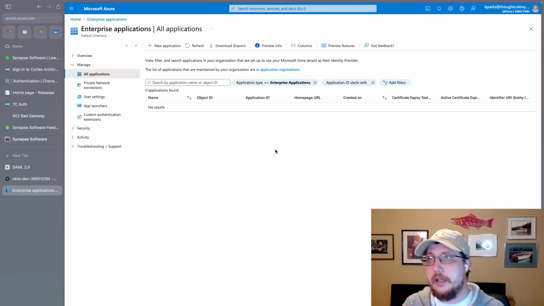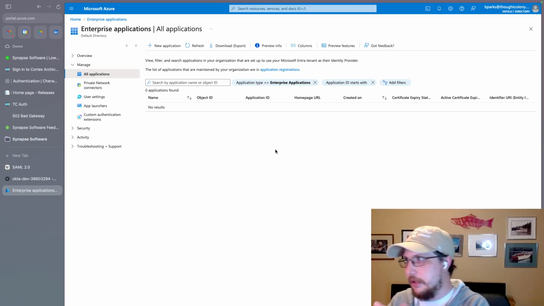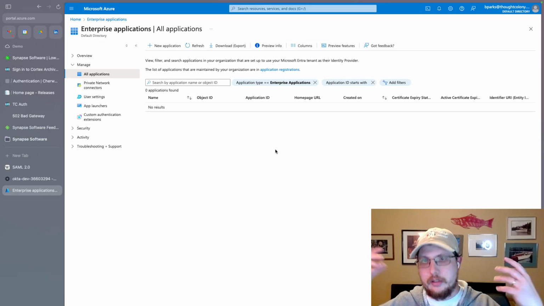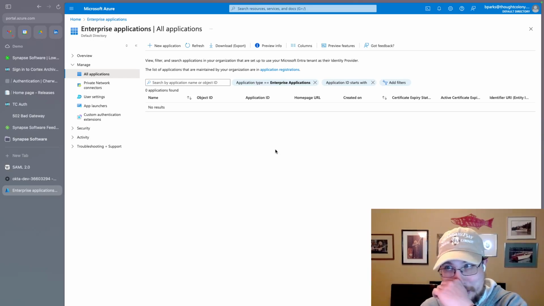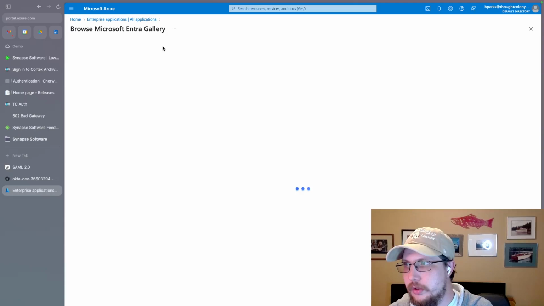Okay, on Azure AD, this is actually like a full Azure account. This is my actual Azure account. But if you're just using Azure AD, you have access to this screen. If you're using full Azure, you also have access to this screen. This is enterprise applications. You can search up here for enterprise applications and it'll show up. We're just going to hit new application